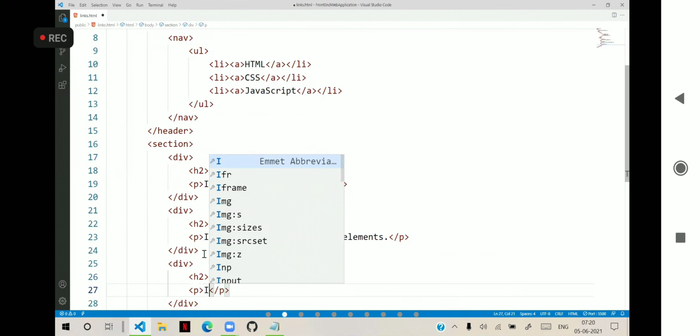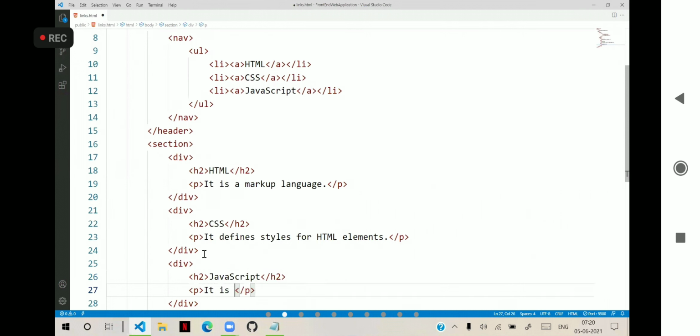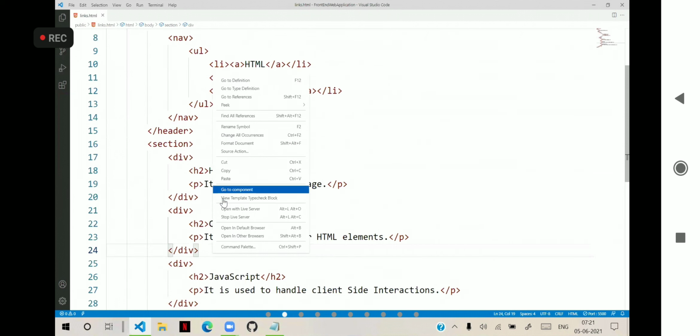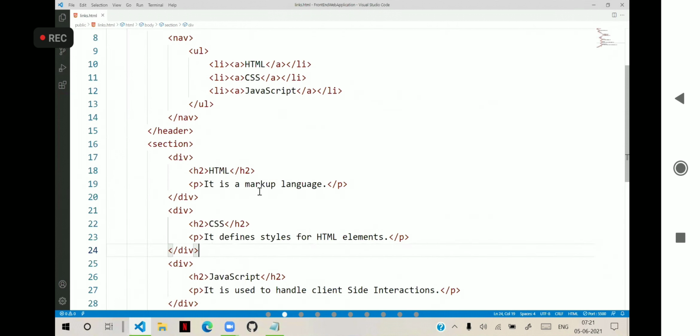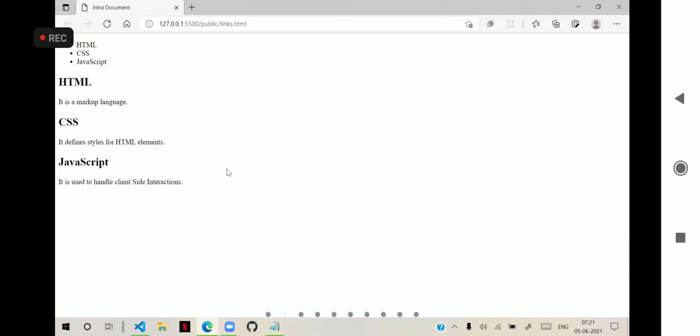It is used to handle client side interactions. Okay, so this is the option we designed. Generally the output looks like this.